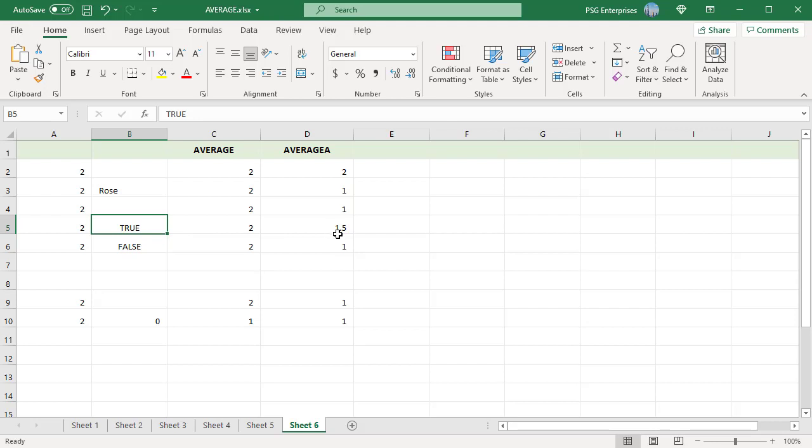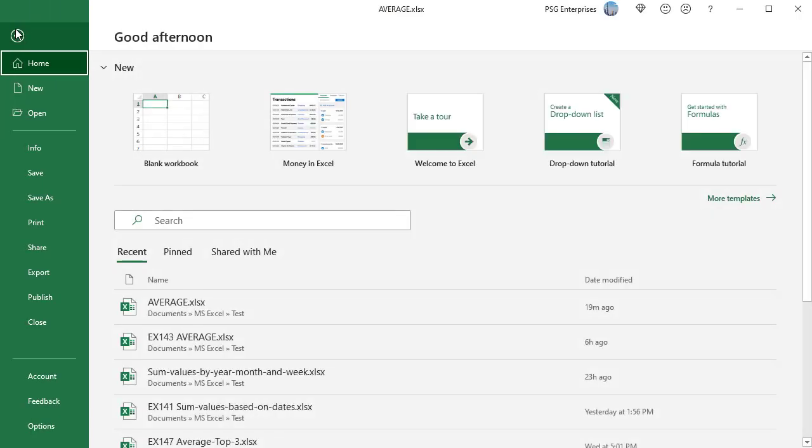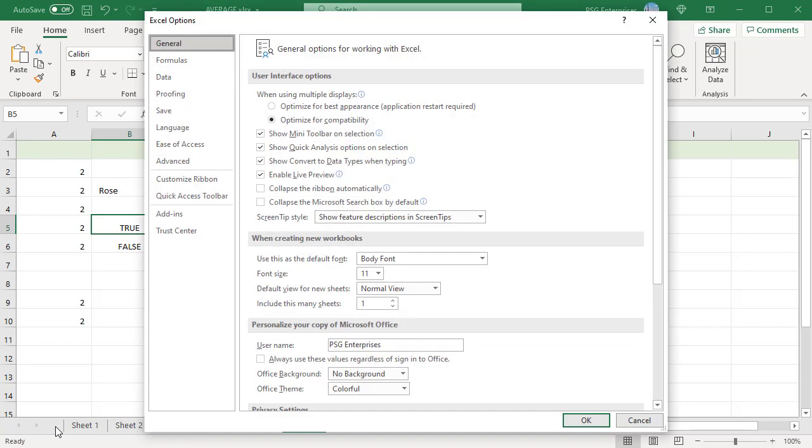When you average cells, keep in mind the difference between empty cells and those containing the value 0, especially if you have the option Show a 0 in cells that have a 0 value checked in Excel options. We have a 0 in B10. On the File tab, click on Options, and then in the Advanced category,